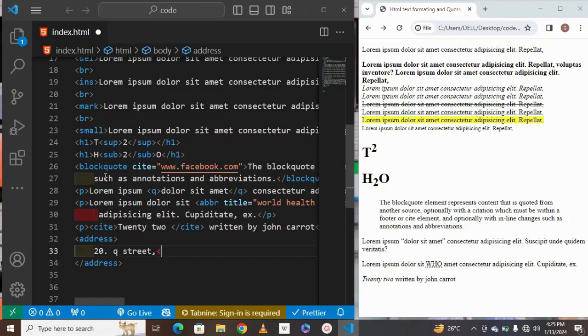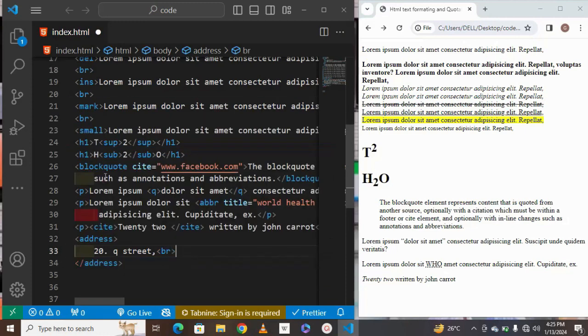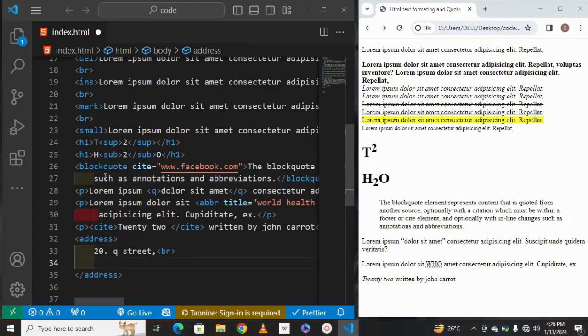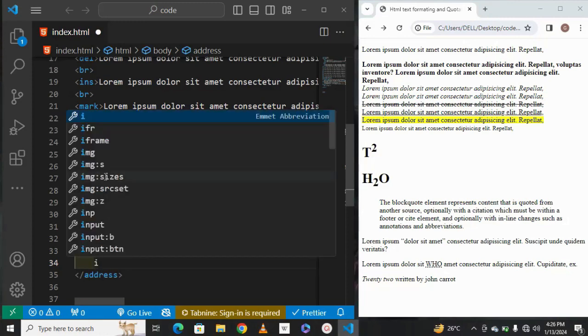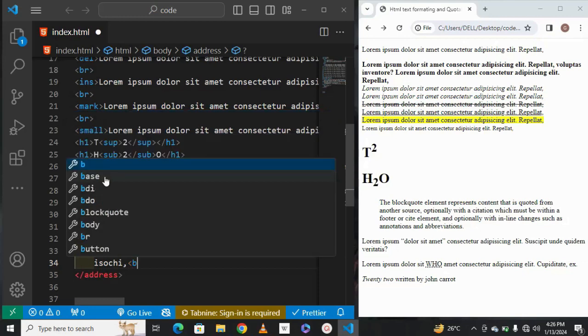I'm going to put a break here, BR. 20 Q street is search. I'm going to put my break, BR,